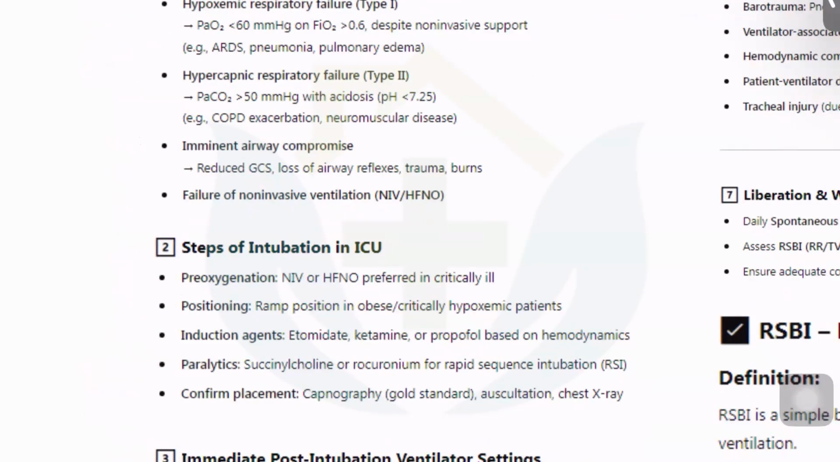Number one, pre-oxygenate, either keep them on NIV or HFNO in critically ill patients, ramp up the position, use etomidate, ketamine or propofol based on the blood pressure,